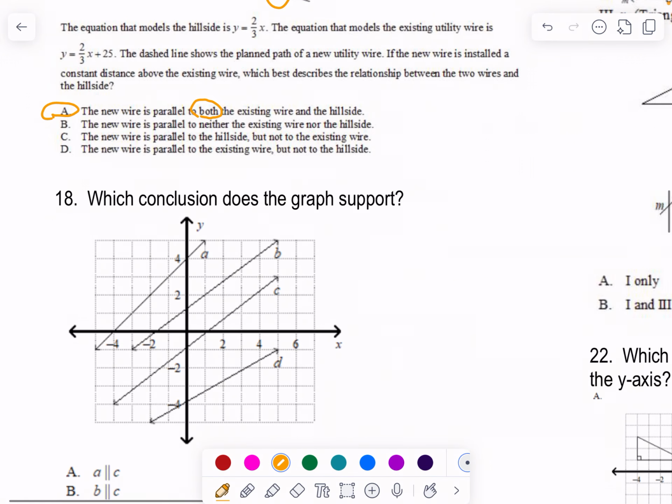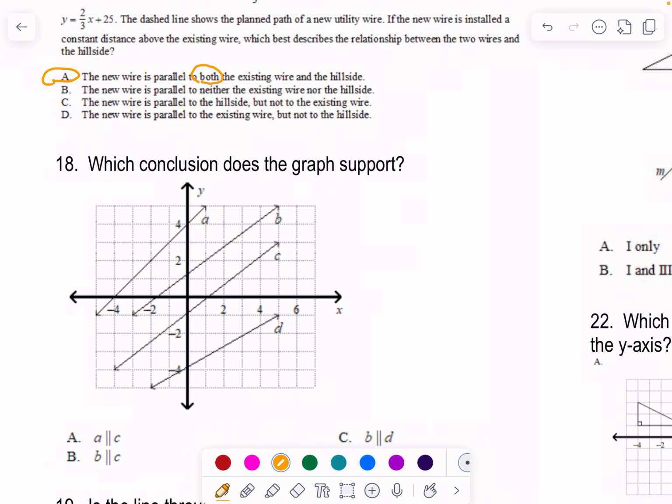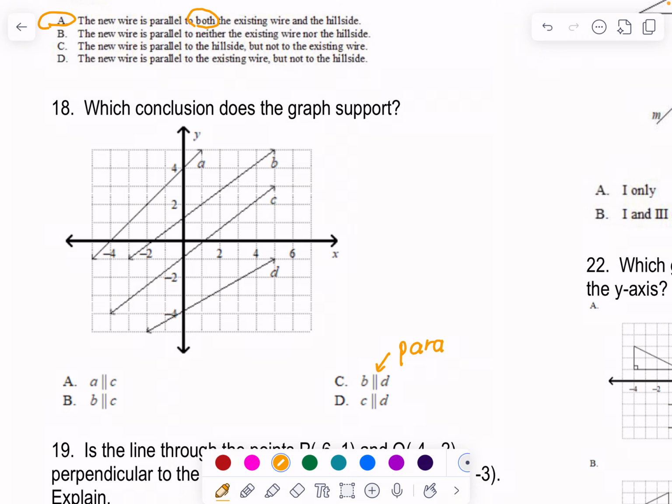Okay, which conclusion does the graph support? Remember that these little symbols here mean parallel. And parallel means the same slope, which means we could look at the graph and figure out slopes. Okay, let's see. From C, what looks like a point that crosses nicely? Okay, B is right here. I'm just going to look and see if I can find the rise over the run, because slopes are how we decide if they're parallel. And it looks like this one,